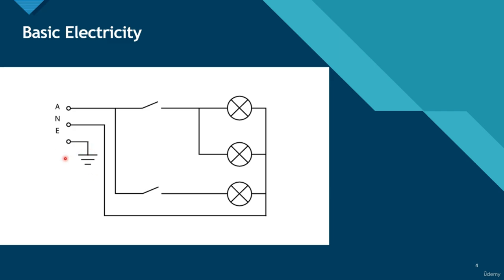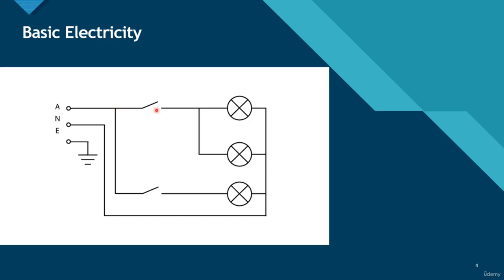In case something gets shorted, you want to have a path of least resistance, so the electricity will flow to the ground instead. You'll still get shocked though if you touch it, but it tries to divert the majority of electricity to the ground. So the incoming power, if we close this switch,